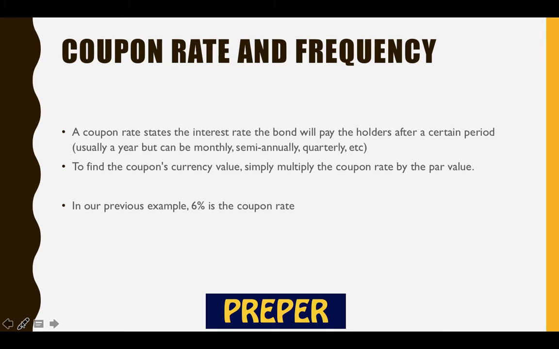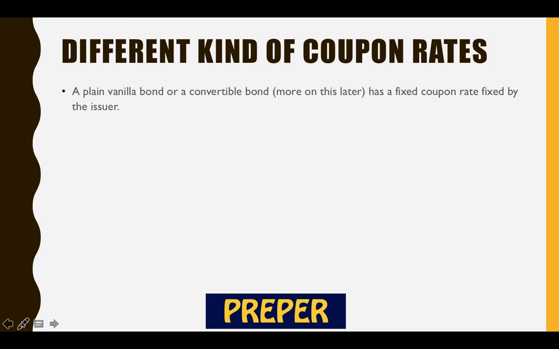So we have talked about fixed coupon till now, right? In the previous example, a bond pays a 6% coupon rate. There could be two scenarios here. One, there is a plain vanilla or a convertible bond. We will discuss convertible bonds more when we discuss redemption of bonds. Generally, a plain vanilla bond or convertible bond has a fixed coupon rate fixed by the issuer depending